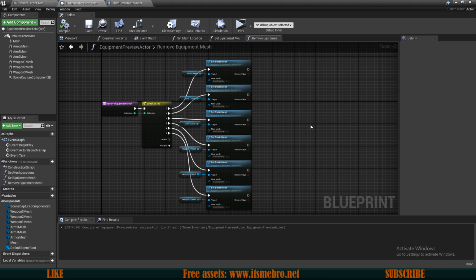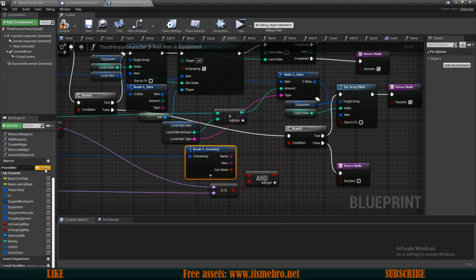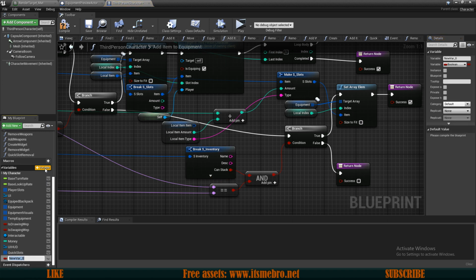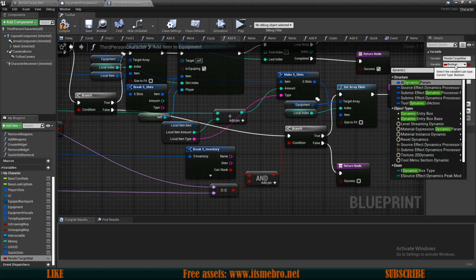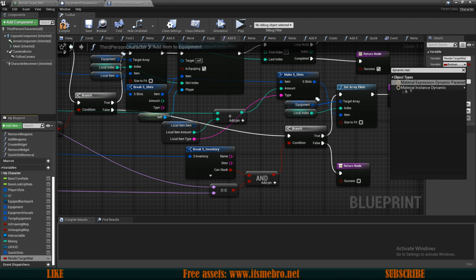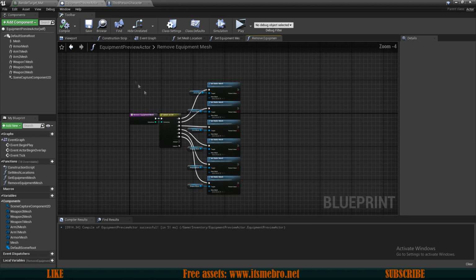Now we need a variable inside of our third person character. So let's go there and let's create a new variable. And I'm gonna call this render target material. Let's see, this was the dynamic material instance dynamic. Now we can compile and save this, go back to our preview actor, and let's go to the